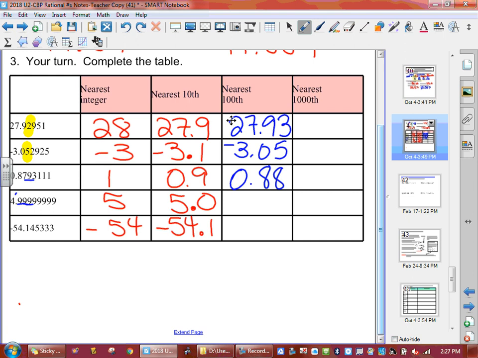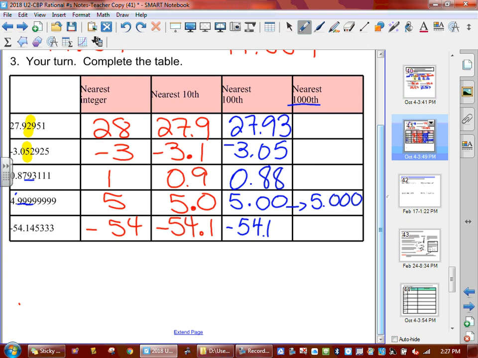So this is going to be 5.00. And the one right next to it is going to be 5.000. Okay, and because they're showing that they want it rounded to that place value, you have to show those zeros. Because it proves you actually rounded to that spot. Okay, if you just put the number 5, they don't know if you understand that that's how it rounded. Okay? All right, continuing on the bottom here, what does that 5 tell the 4 to do? Go add 1. So we're going to get negative